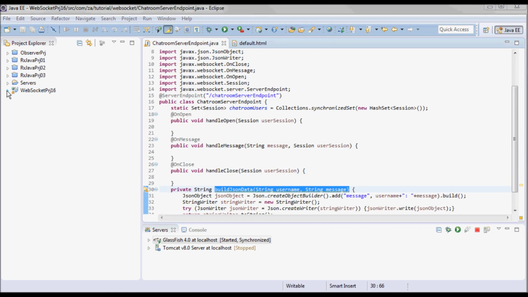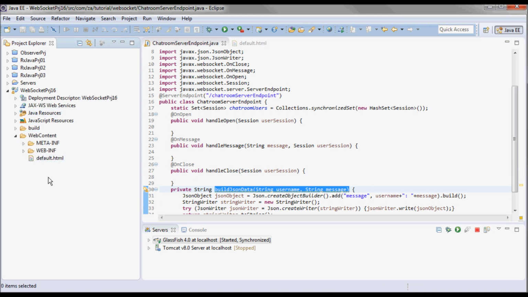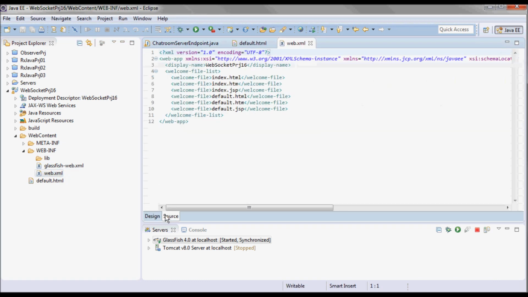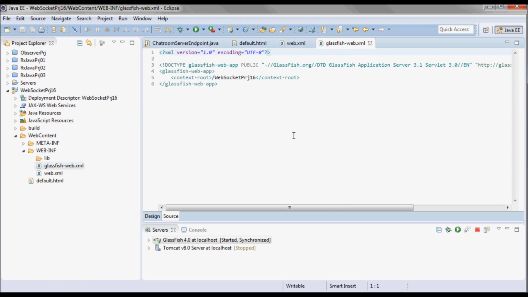Now going to my web content and web inf, and both web.xml and glassfish web.xml.